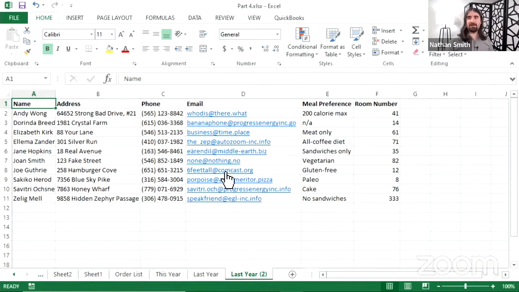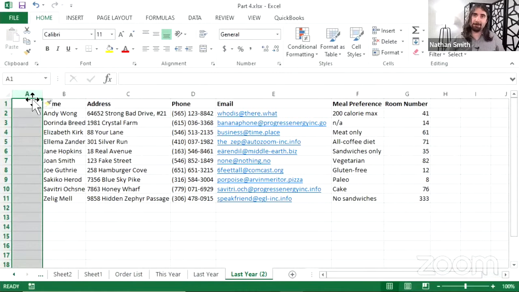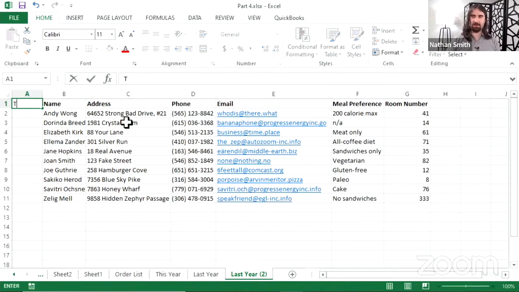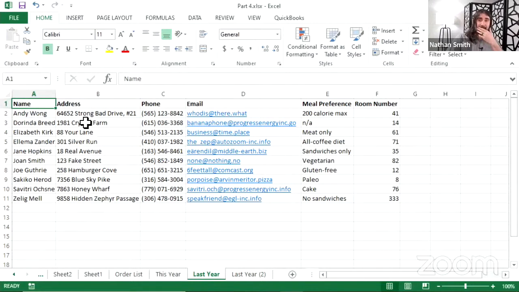Okay, so now I have a duplicate version of this to play around with. If we were still looking for, let's say there was another column for title or something, and then we had like CEO and stuff. So we've got another column here. If I'm trying to tell Excel, okay, look,